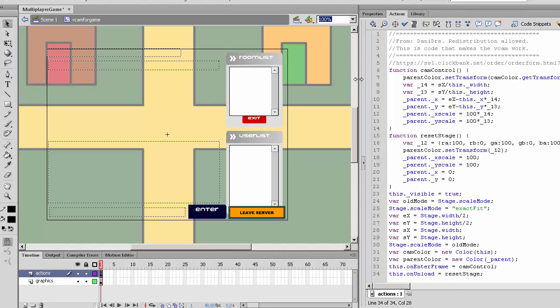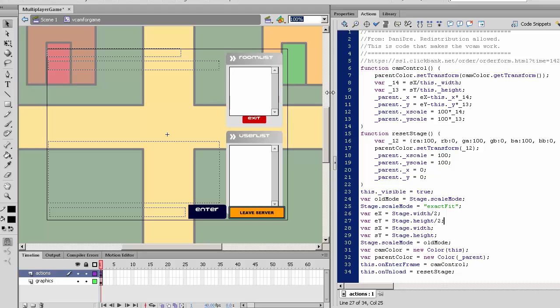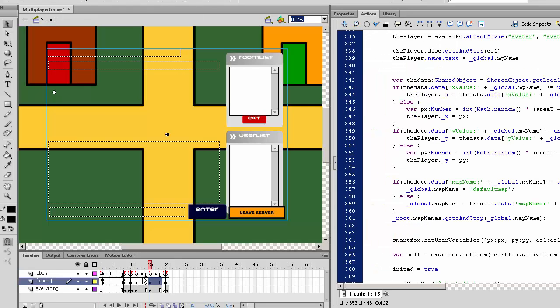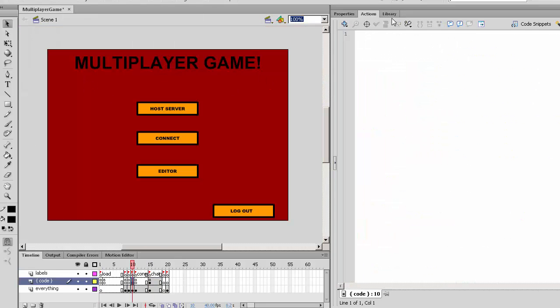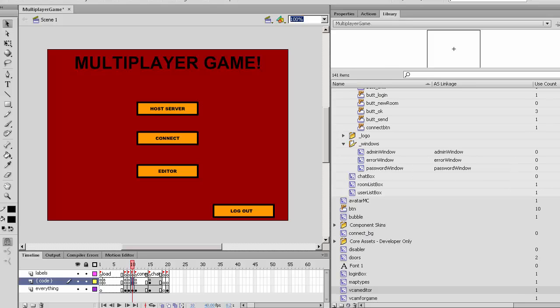One, we can go in the code and make it go back to reset its stage values, or we can add vcams on every different frame. So this will be the vcam for the editor, the vcam for the game,